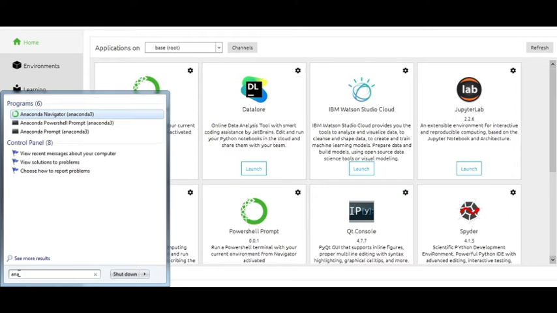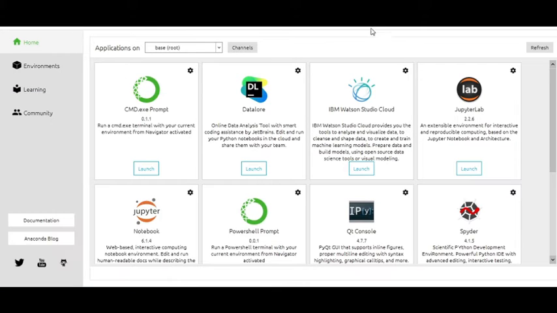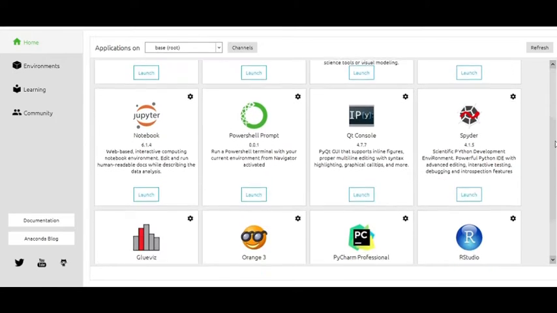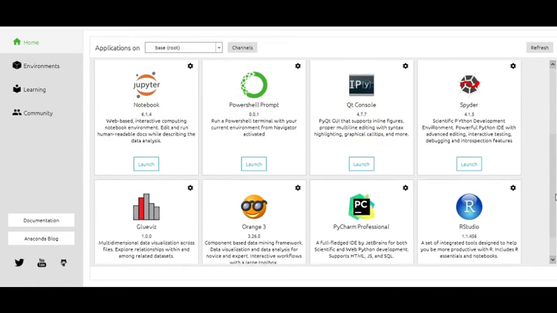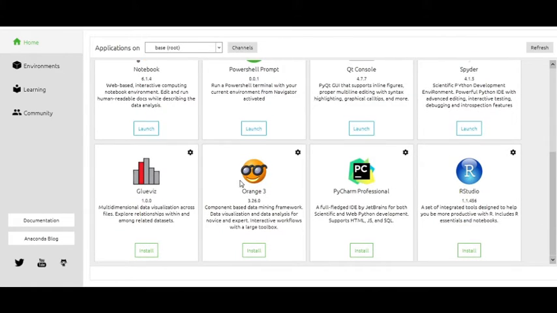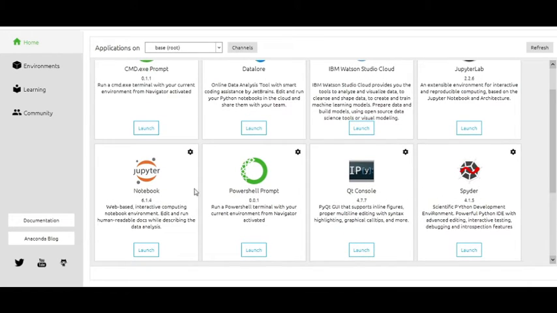So Anaconda Navigator. Once I launch this one, this window will pop up. Why did I give a preference for Anaconda Navigator? Because it has n number of multiple platforms available to work with, like CMD prompt, Jupyter Lab, Qt console, PowerShell, Notebook and Spyder and so on, as well as you can work with RStudio likewise. I give the most preference to Spyder and the Jupyter Notebook.